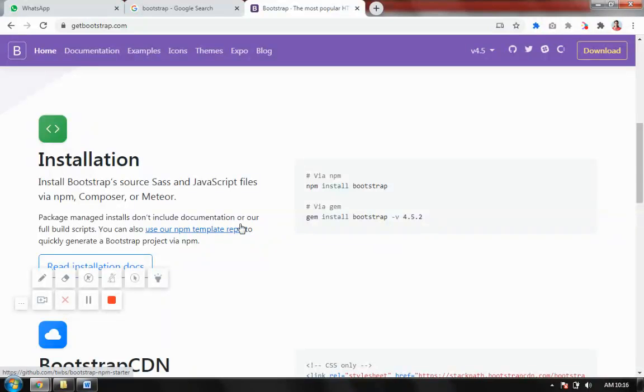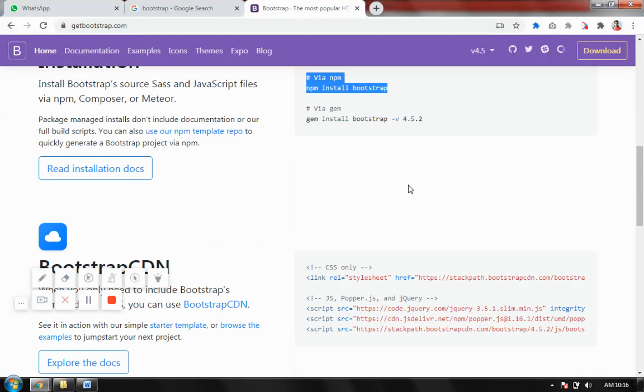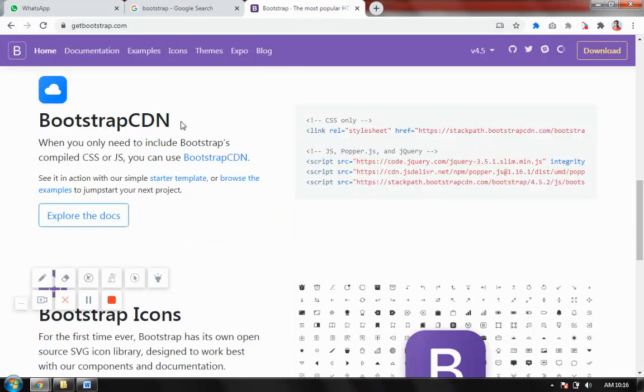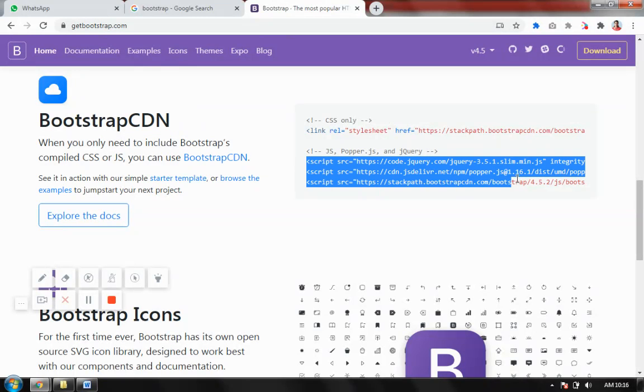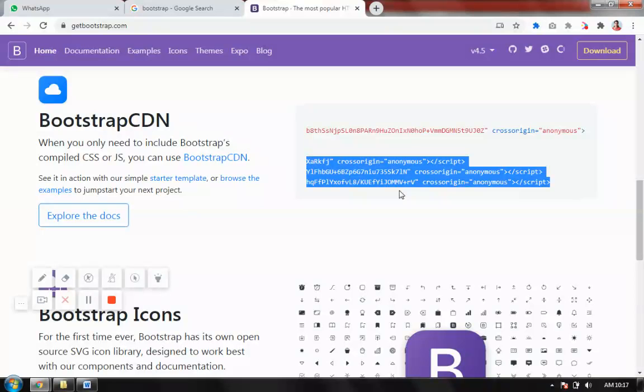Now first, if I want Bootstrap on my machine, I can download it. This is the command: npm install bootstrap. When this command is fired, Bootstrap is installed on your machine. Or you can access it directly using a network, that is the CDN network. What is a CDN network? That means the Bootstrap files will be stored on the internet, but you can access them directly. So we'll be preferring this. But the only problem with this technology is that if your internet is not working, results are not shown.